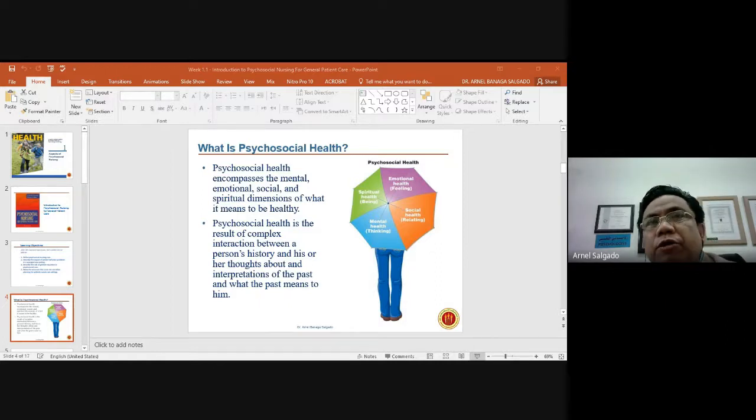Sometimes we are going to look into the history of the present illness. But in psychosocial care, we are going to extend more. When we are going to look at the history of the patient's illness, sometimes we are going to look in months or maybe in years. But in psychosocial care, we have to look